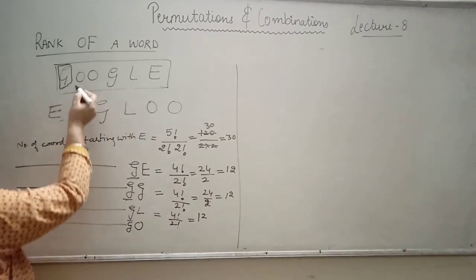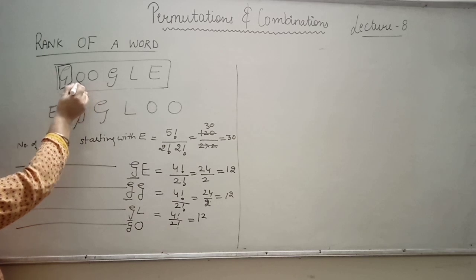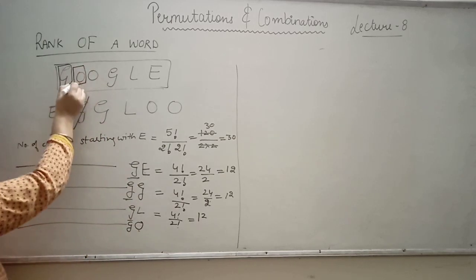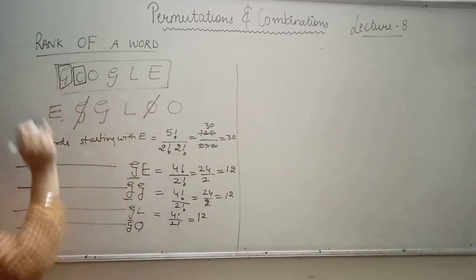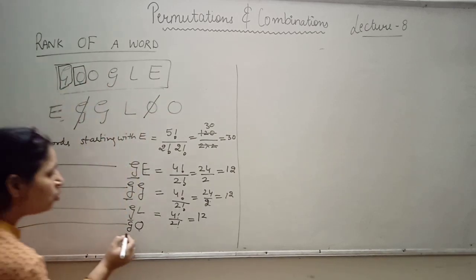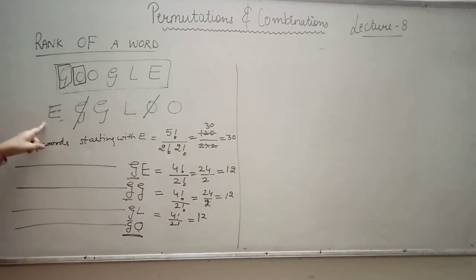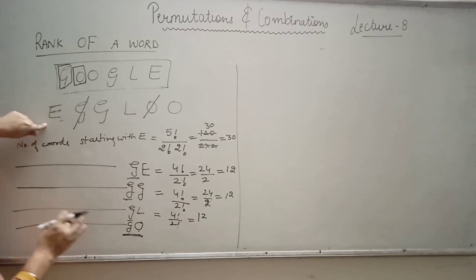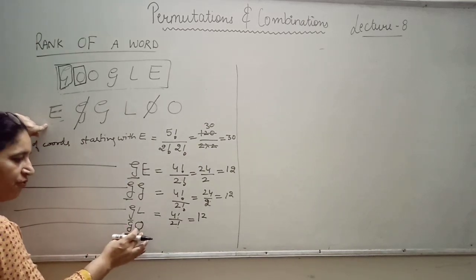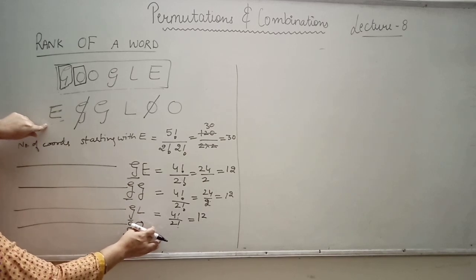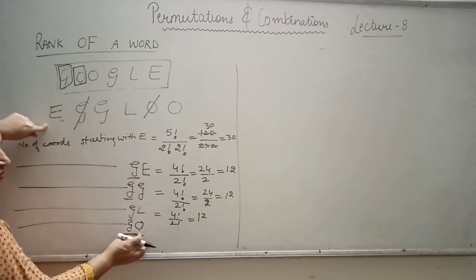O आता है तो O is again at the same position which we need here. O is at the second position here, also O is at the second position, so this O will be cancelled now. So now 2 letters, it means 2 letters have been fixed here, this G and O. Now again I will start in the alphabetical order, but again I have fixed this G and O, and third letter I will keep on writing along with these 2 letters which are fixed letter.